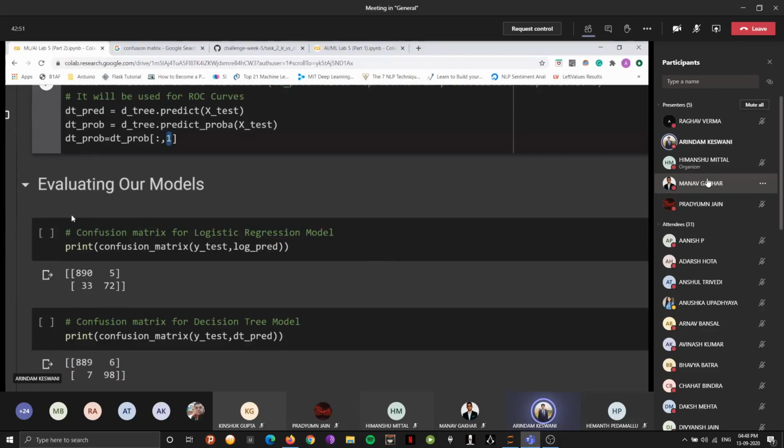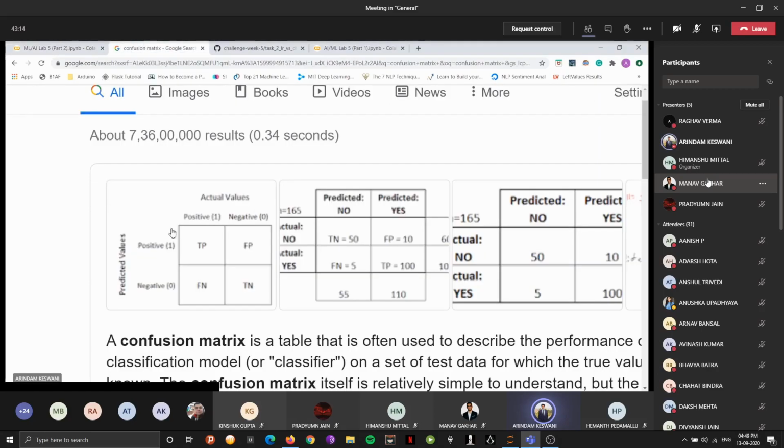Now we'll be evaluating our models. The work has been done by the computer. Now it's time for us to perform our analysis. So we have printed a confusion matrix, and the two parameters are the testing set and the predicted values. Now what exactly do these values represent? I'll just divert your attention to this particular diagram, in which we have true positive, false negative, and true negative values. So these are the 4 values that have been predicted.